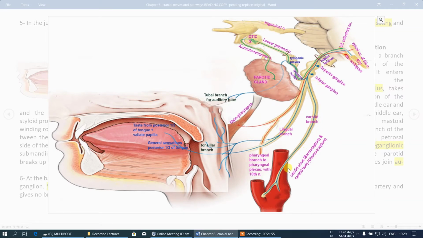This carotid branch goes to two tissues, the carotid sinus, that is the baroreceptor, and the carotid body, that is your chemoreceptor. The carotid sinus will sense the blood pressure sensations, and the carotid body will sense chemical imbalance, that is produced by oxygen and carbon dioxide. So these two will have separate blood pressure and chemical sensations relayed in the medulla.